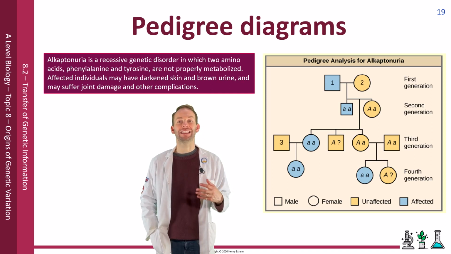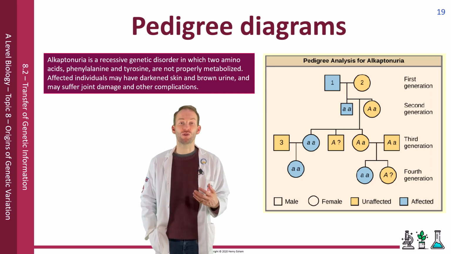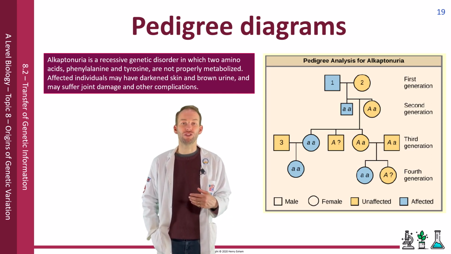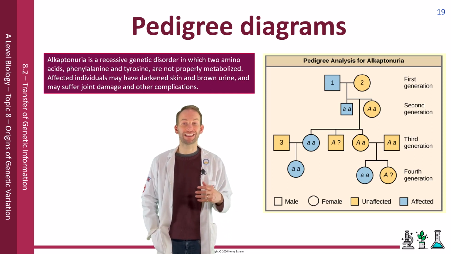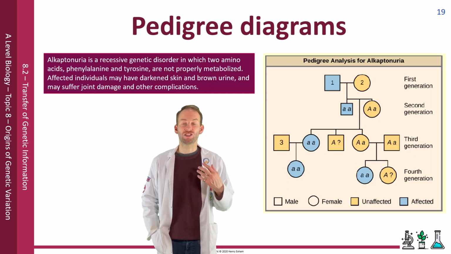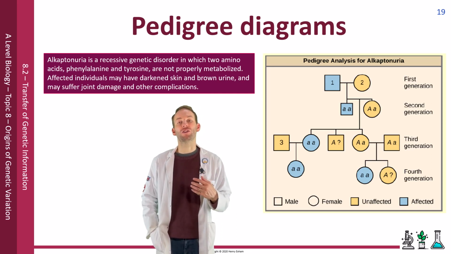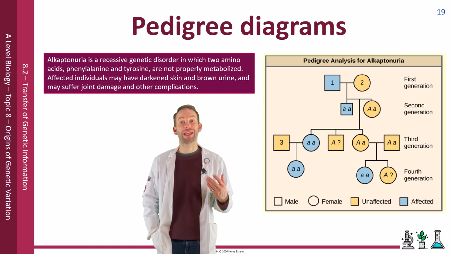Okay, if it's affected, it must have doubly recessive alleles, must be homozygous recessive, because you're told in the question that it is a recessive genetic disorder, alkaptonuria. Individual 3 is a nice example because it's an unaffected male, but they've obviously had an affected child. Now, they can only pass on little a if they have a little a themselves, therefore they must be heterozygous,